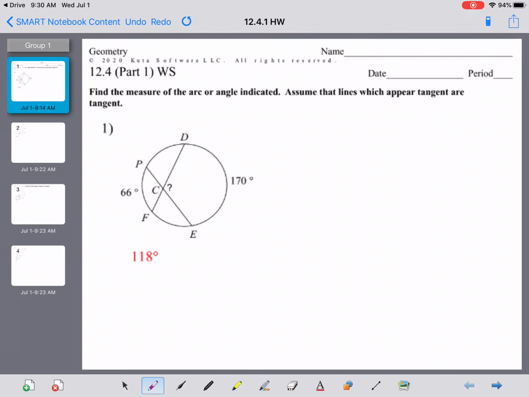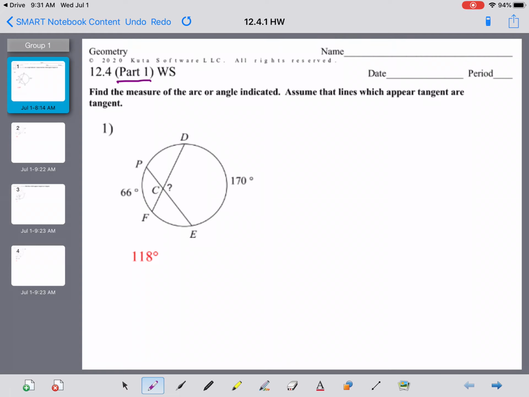All right, everybody. 12.4 is a really long and really difficult section. This is really the only textbook I've taught geometry out of that decided to put these two ideas together into one section instead of splitting it up into two, which seems like a really dumb idea to me because both of these ideas are really difficult. So we broke this up, and in part one here, what we did in this video